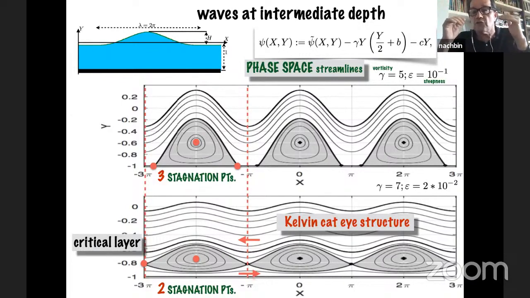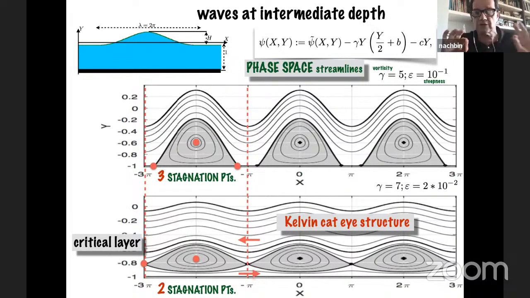And as you increase vorticity, this recirculation zone starts climbing the window, and you see down here the Kelvin cat's eye structure, right, in its full detail. The one that appeared in the paper by Varvaruca, Strauss, and Constantin, it's a rendition, right, an artistic rendition.